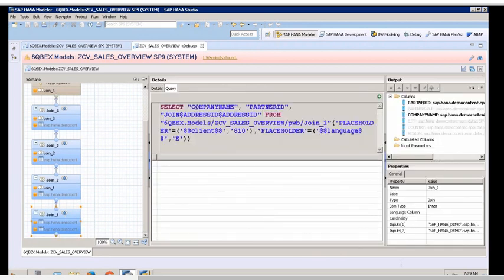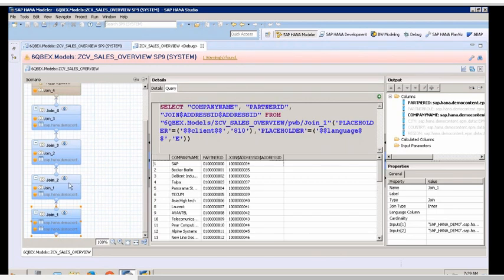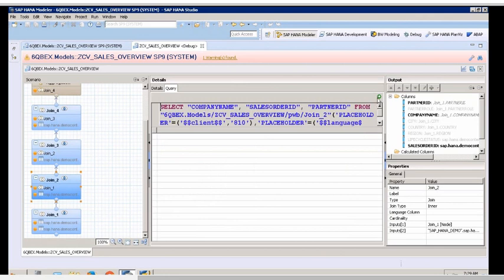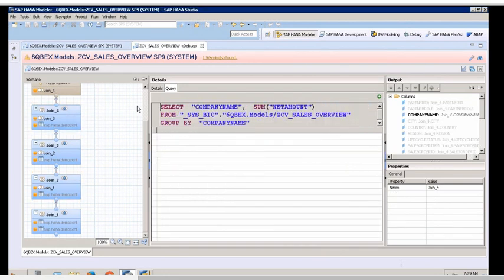What is it reading? It is reading only company name and partner ID. Is it reading all the 6 columns? No. Here again, company and sales order ID, whatever is required. Ultimately it is bringing only company name and net amount. So is it reading all the columns defined in that node in the design time object? No. When you run a query, based on the output my user needs, it formulates a runtime model, an execution model, then starts understanding which operations can be done in parallel, and if they can be executed in parallel, it will execute them in parallel.